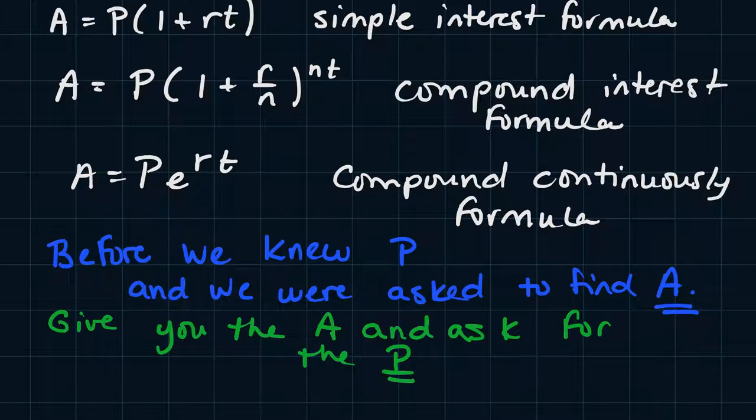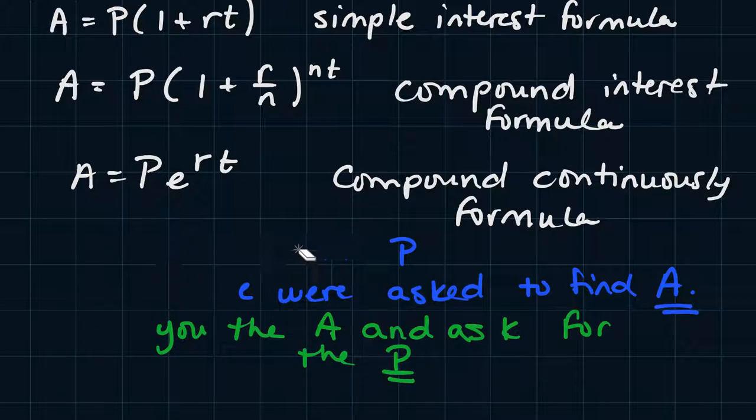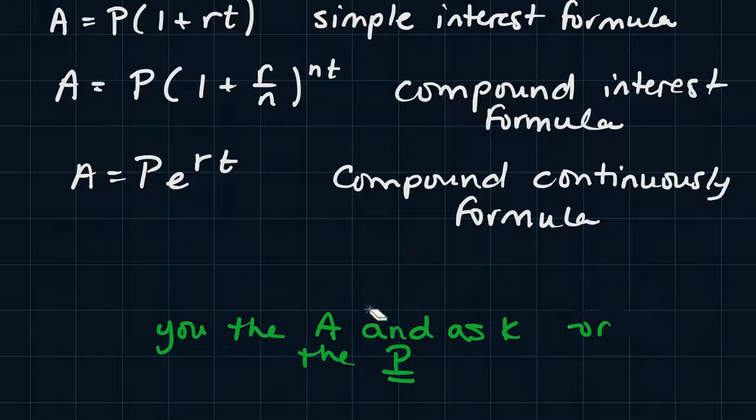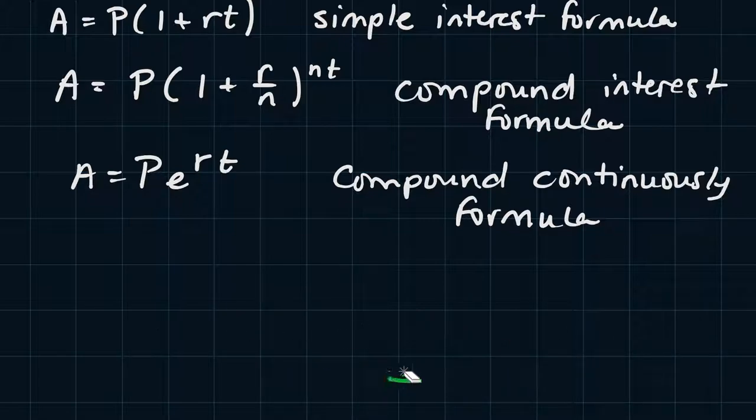All right, so before I give you the formulas for solving for P, I want to do a little review. It's just a quick review. So if we look at these formulas here, they're in terms of A. So A is equal to something. But what I just told you is we want P is equal to something because we're going to be solving for P. So to start off, if I tell you that I have an equation, something simple, x times y